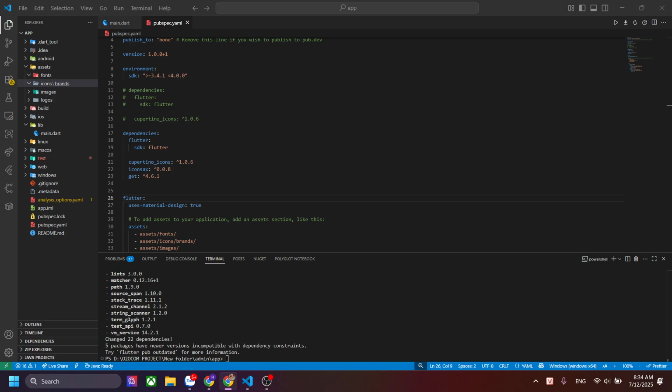So let me create folders here. Okay, you can see we've created a folder structure. It's not just for the e-commerce application, but you can use this folder structure